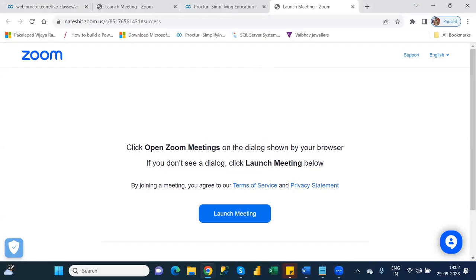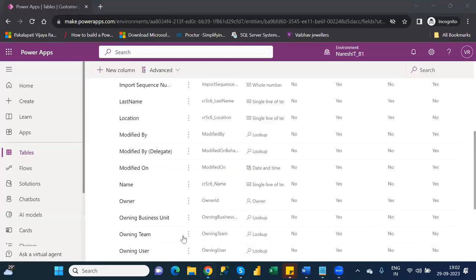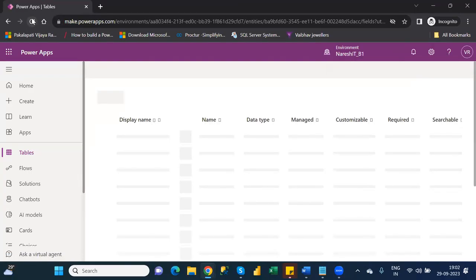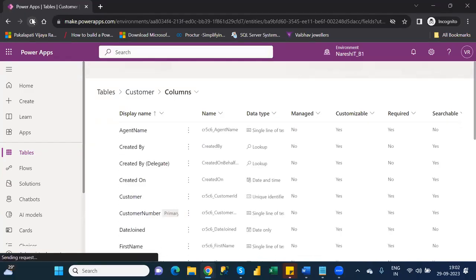Today, what we need to discuss? Yesterday we created some table. In that table, we created a calculated column also. You know how you can create a calculated column, right? Let's see how we can upload the data into this one. Into the customers table, we need to upload whatever local Excel data is there. I want to load that particular data into this one. So for this one, what you have to do is